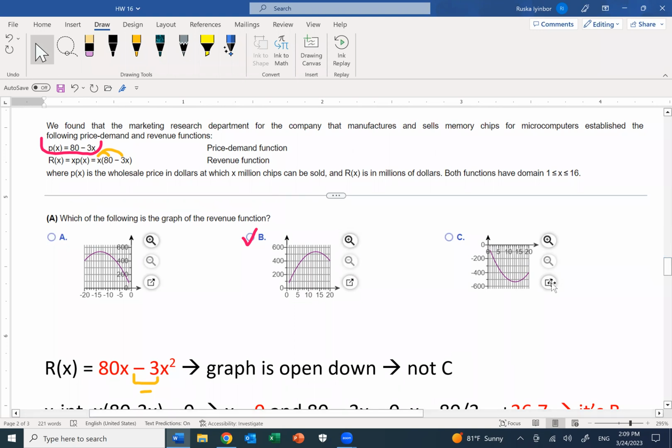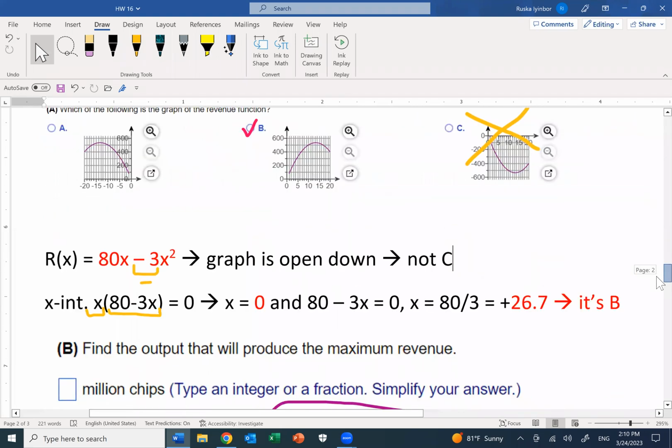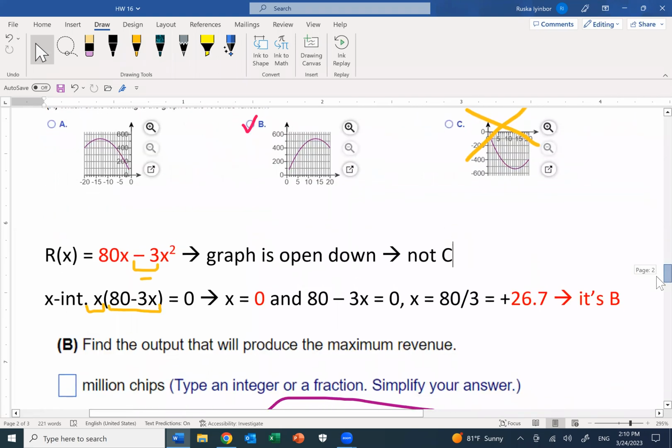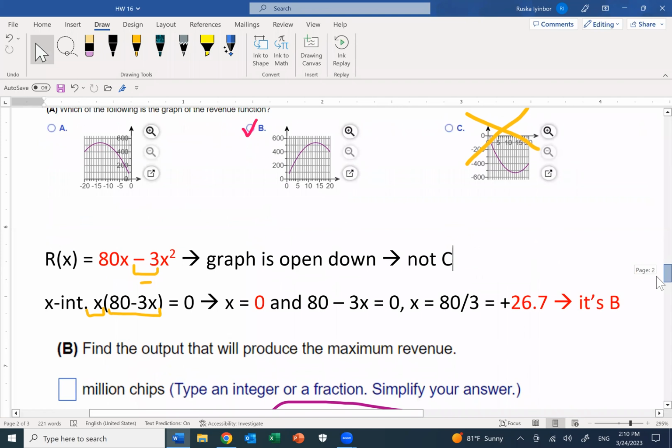So that means it's not C, because C is up and up. So it's not this one. And then you have to see which one it is, A or B. And we decide that using the x-intercepts. How do you do the x-intercept? You solve x equals 0 and 80 minus 3x equals 0, which gives us 80/3,